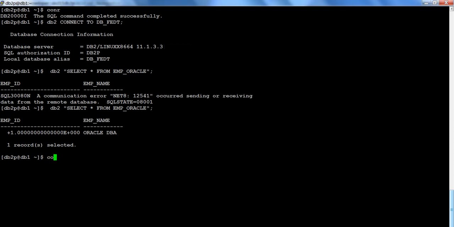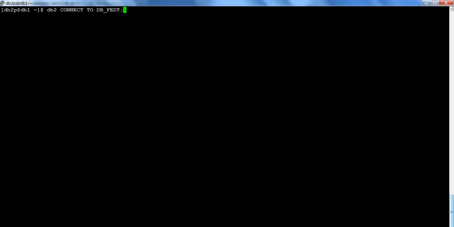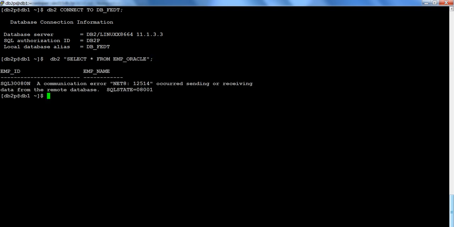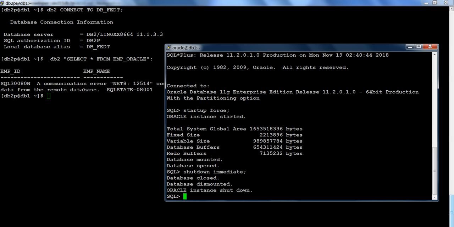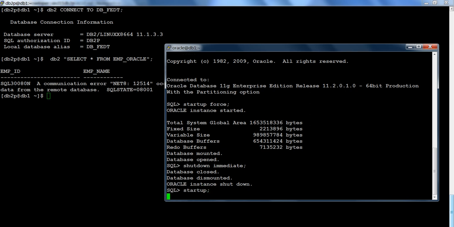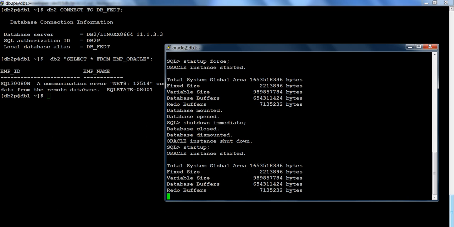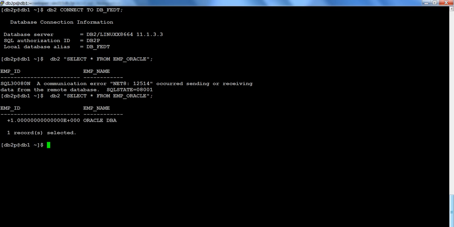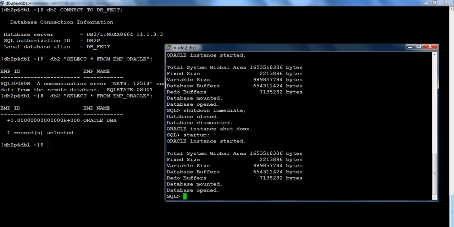Here I'll have to do the connect reset and clear. I'm going to connect to this particular database and select from the same table. Yes, again the communication error. Why? Because this particular database is down. So I'm going to start it up. I've started this particular database, and now I'm going to access it and I get the data. See, even if the listener is down or the database is down, we cannot access the objects from the